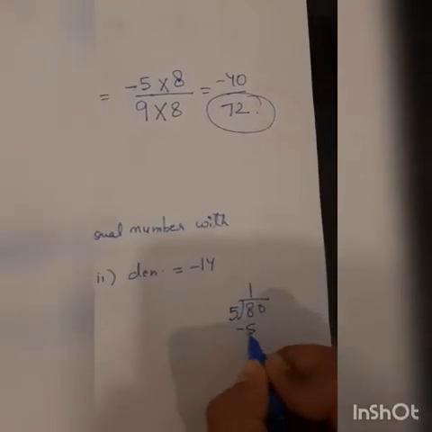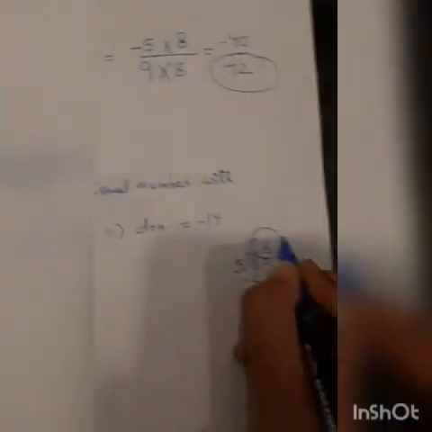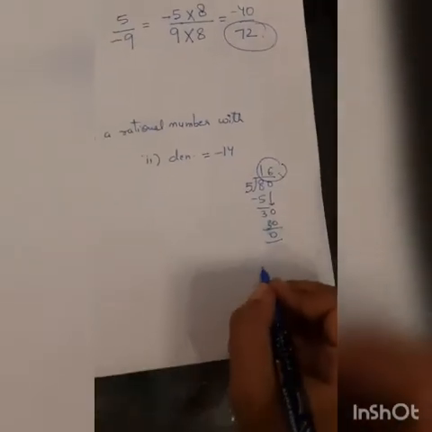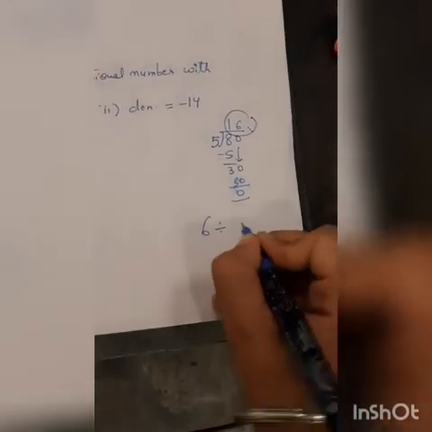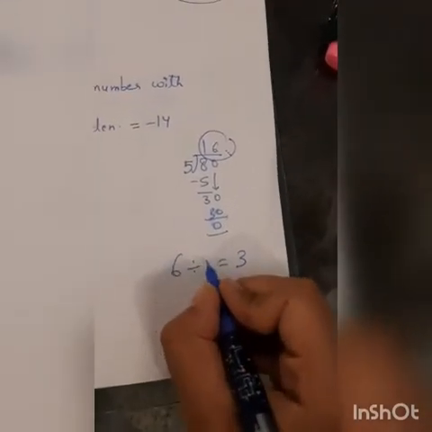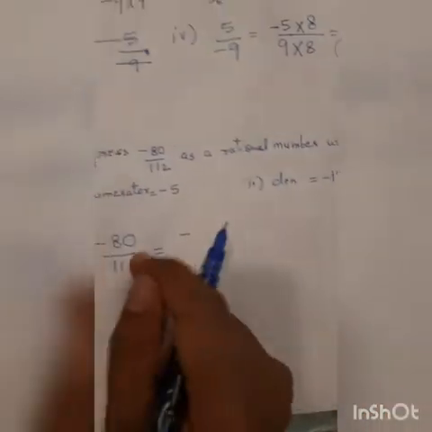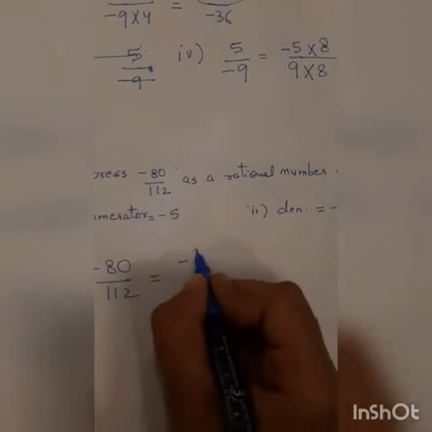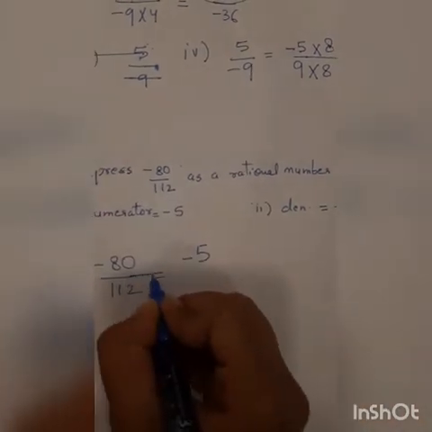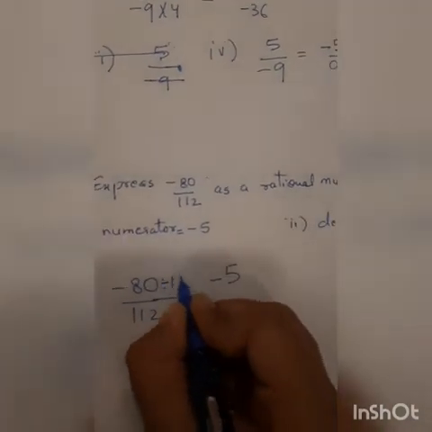5 sixes are 30, 5 6 are 30. It means students, अगर मैंने I got 16 here, see, ओके. लाइक एग्जाम्पल मैंने बोला आपको 6 को किससे डिवाइड करोगे कि आपको मिल जाएगा 3 आंसर. आप बोलोगे मैम 2 से डिवाइड करेंगे. वो 2 आपको कैसे पता चलता है? अगर आप 6 और 3 को डिवाइड कर दो तो आपको वो 2 पता चल जाता है. Likewise students, मुझे माइनस 80 से मुझे माइनस 5 चाहिए, तो मैंने 80 को किससे डिवाइड करा है? I have divided 80 with 16. So dividing by 16 I get minus 5.